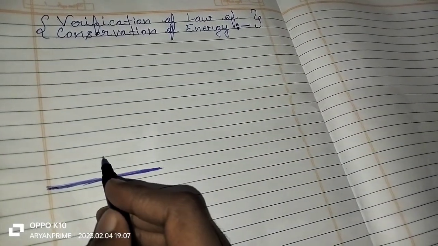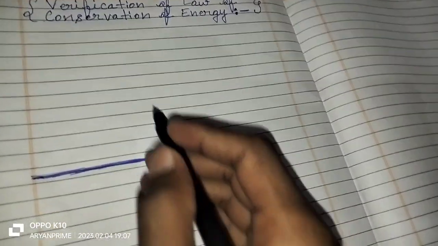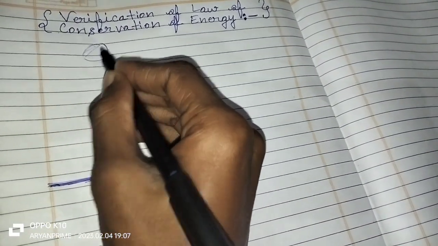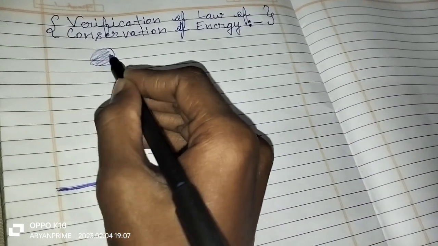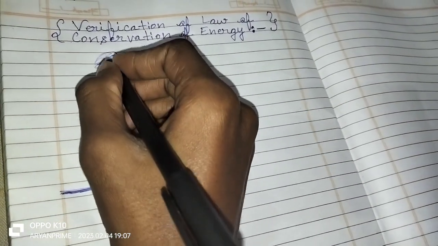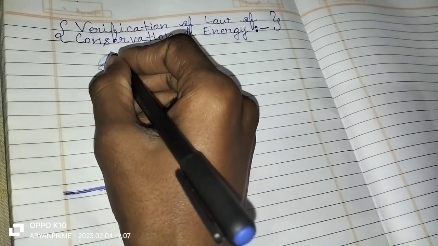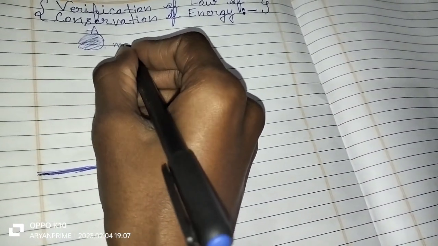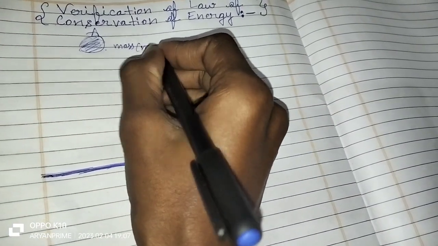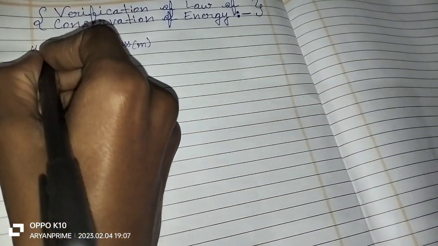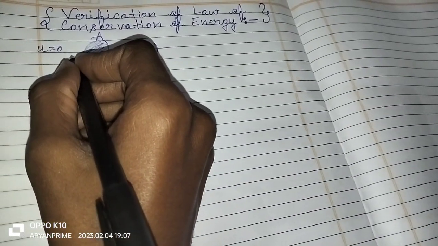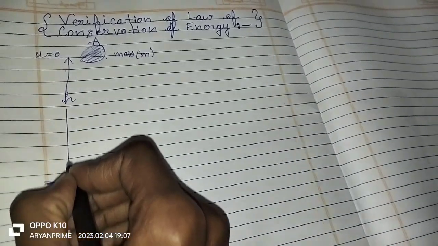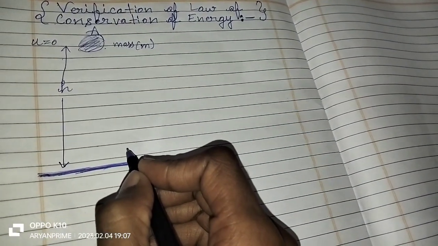First of all, we have to take a point which we name as point A, which is of mass m. So here is point A, the mass is m, and its initial velocity is u. Let's take the height from the ground to point A as h. So the height is h. So at point A,